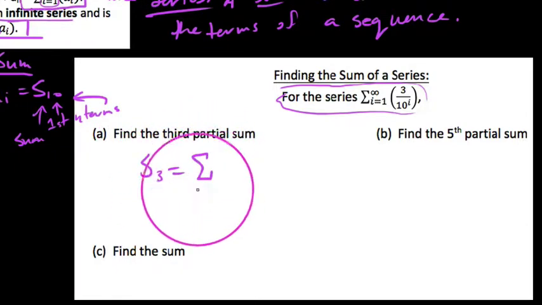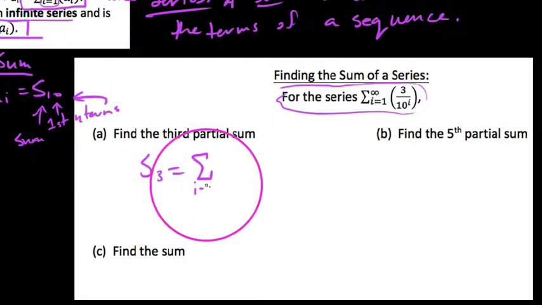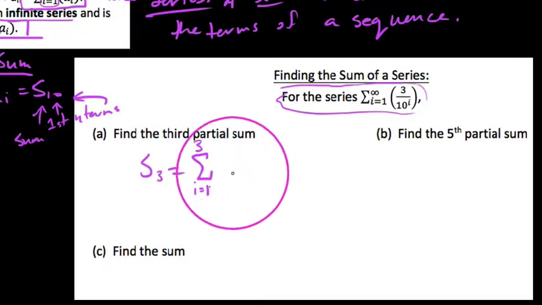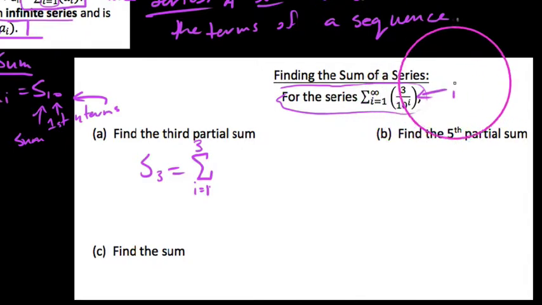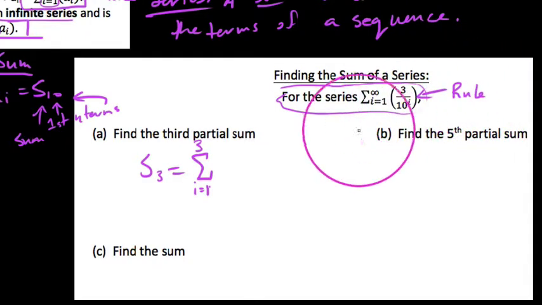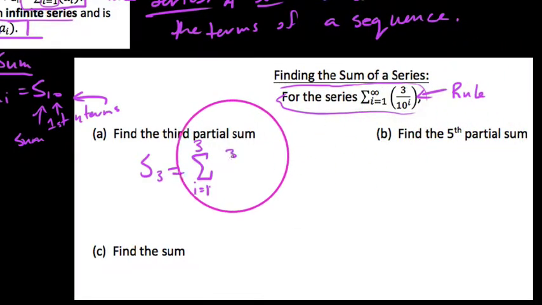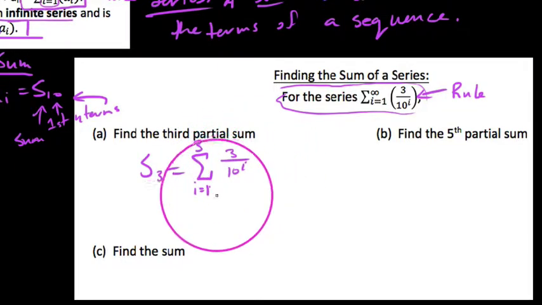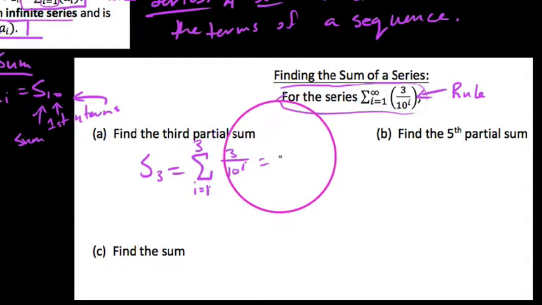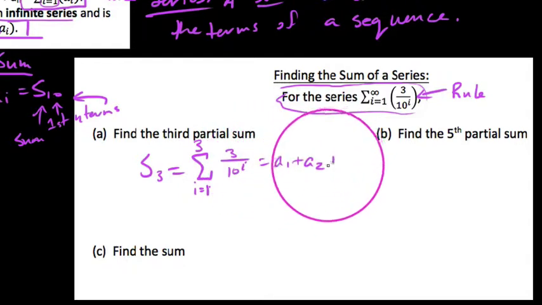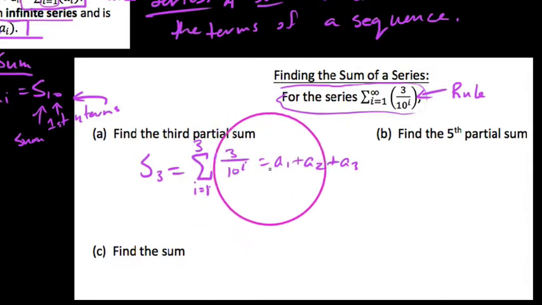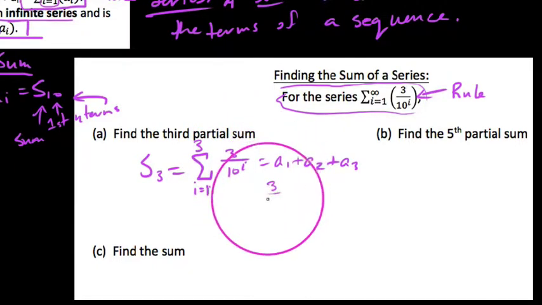We could also list it this way. We're saying starting at the first term, and going out to the third term of our rule. And our rule in this case, you notice that we've been given the rule. And the rule this time is 3 over 10 to the i power. So what this means is we're going to add together a1 plus a2 plus a3 essentially. And so we'd say a1 would be 3 over 10 to the first, so we get 3 tenths,